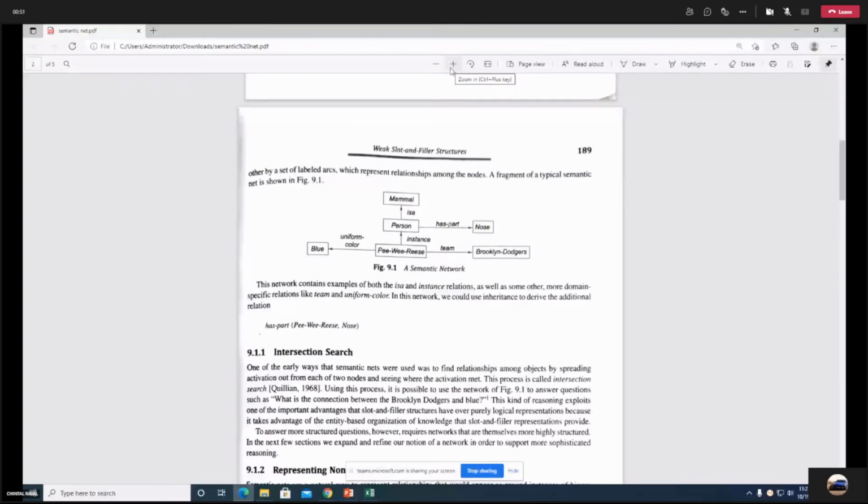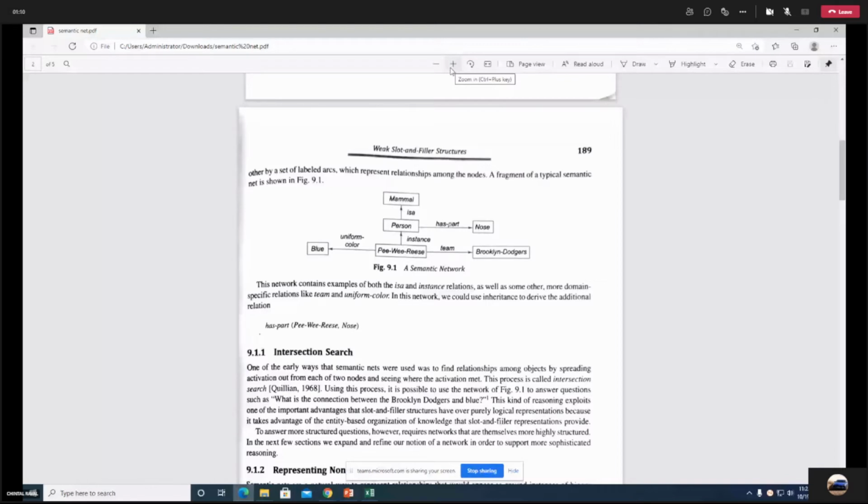Is A is an attribute, uniform color is an attribute, team is an attribute, instance is an attribute, has part is also an attribute. Where it is initiating, it is a class, and where it is terminating, it is the attribute value.